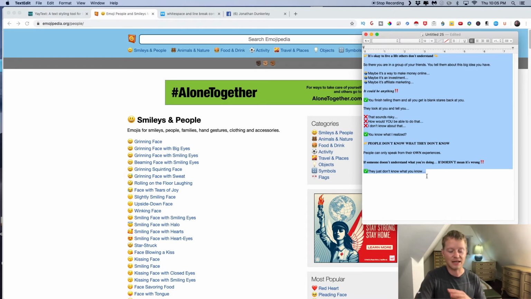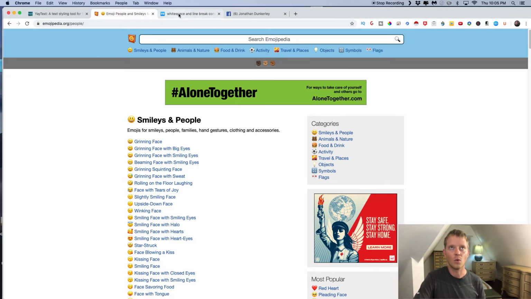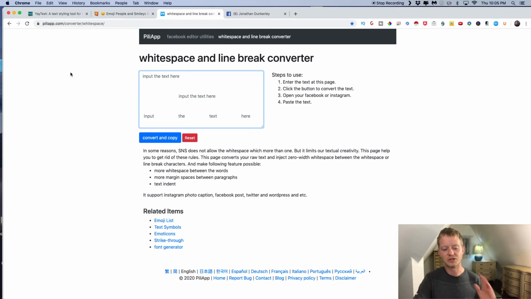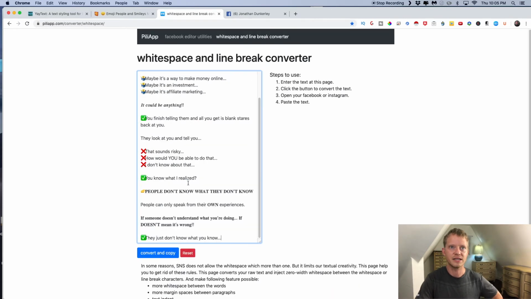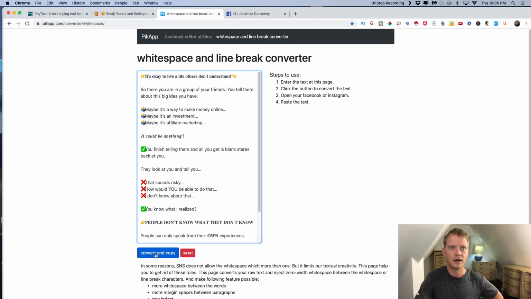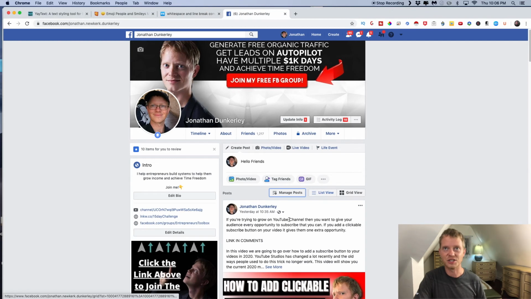So what I do is I just take all the text. You could take bolded, emojis, and regular text, and I go to a white space creator. This is one that I like. There's also a lot of great tools on this particular website, so I would really encourage you just to explore and see what other things it might be able to help you with. All I do is paste the text in here, as you can see, and then I hit convert and copy. And all I have to do at that point is just go to Facebook,